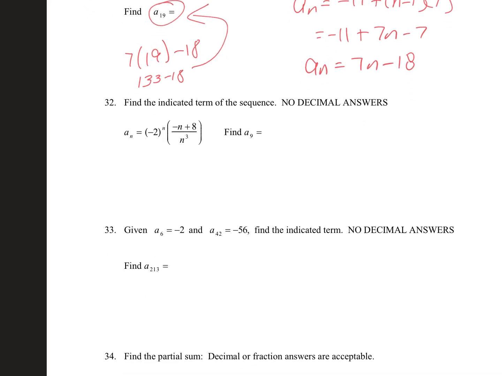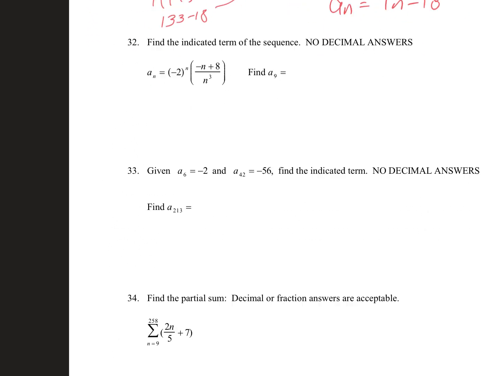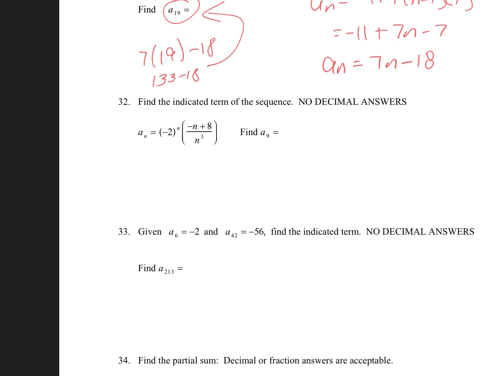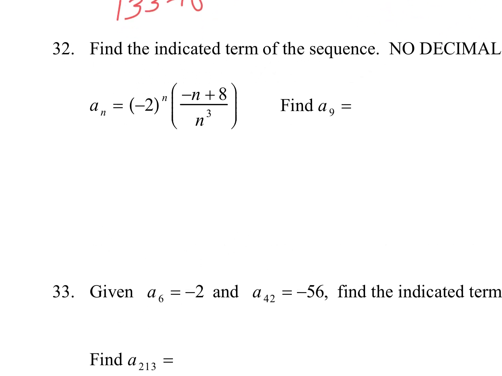All right, these next two are 100. Actually, the next three are all from your last test. We picked these because those were the ones that kind of gave us the most trouble. A lot of you with this one told me your calculator wouldn't do it. And I told you guys, if it says no decimals and your calculator won't simplify, you have to do it